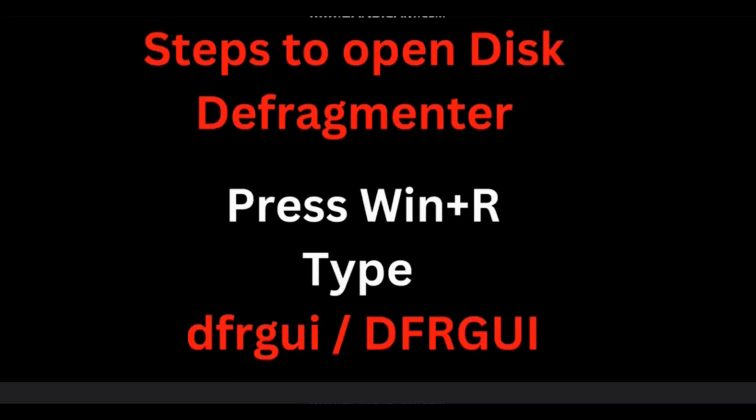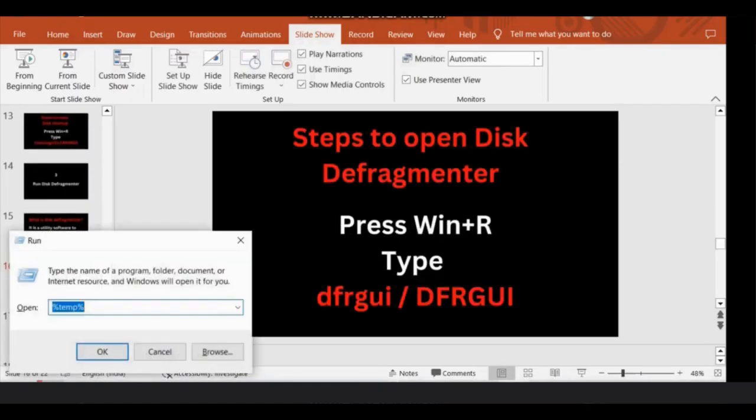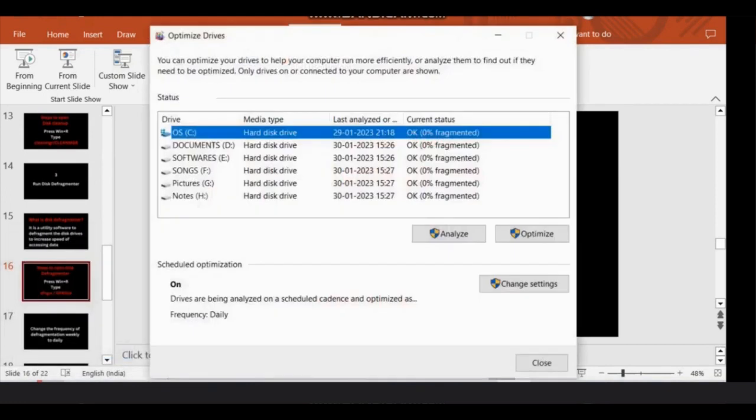Steps to open the disk defragmenter are: you have to press Windows plus R, then type dfrgui in small letters or capital letters. Windows R, dfrgui. So this defragmenter window will open up and it will help you to analyze the portion which is fragmented, and to defragment it you have to